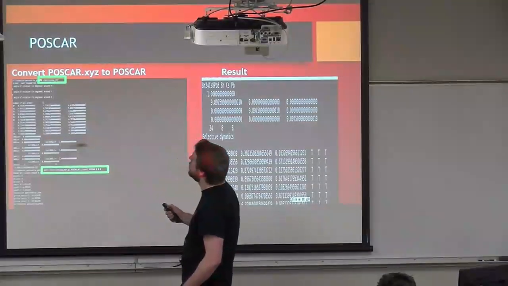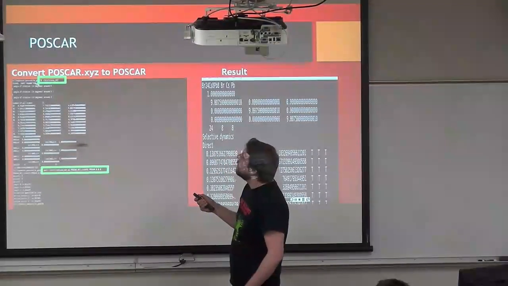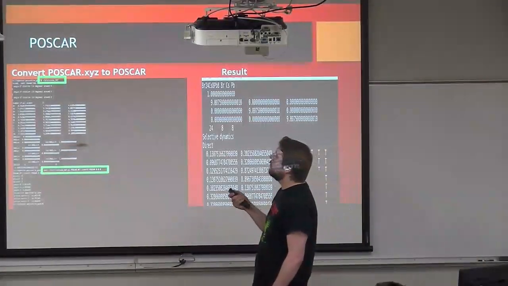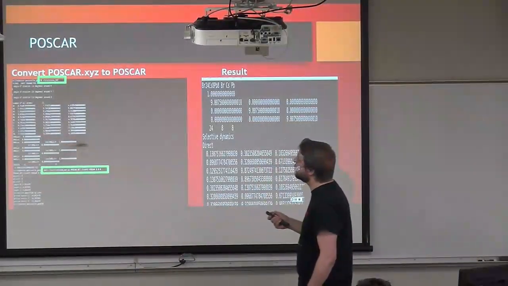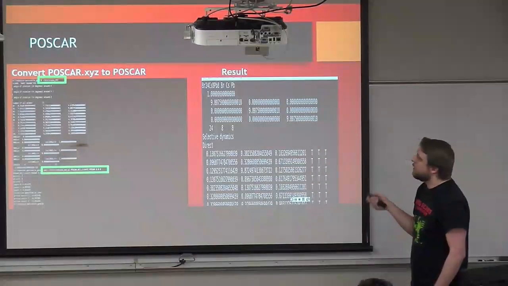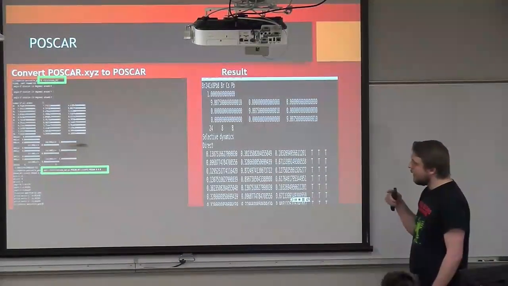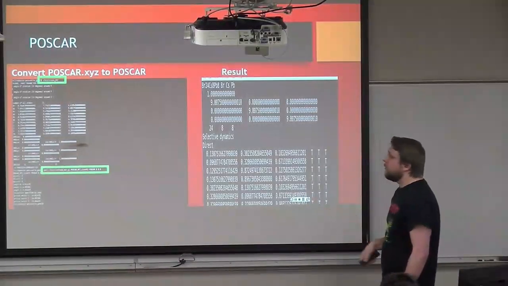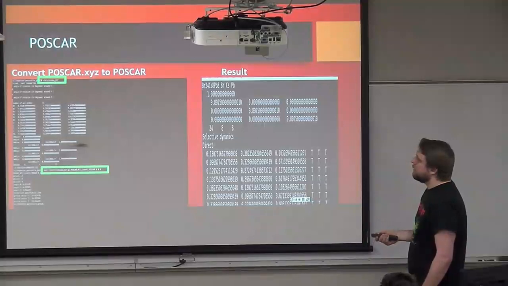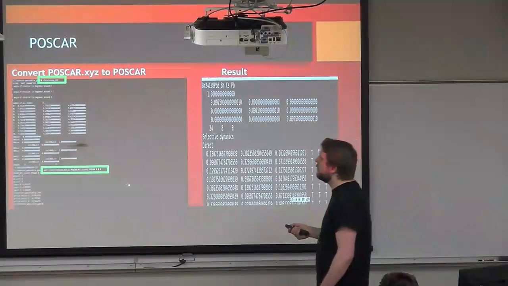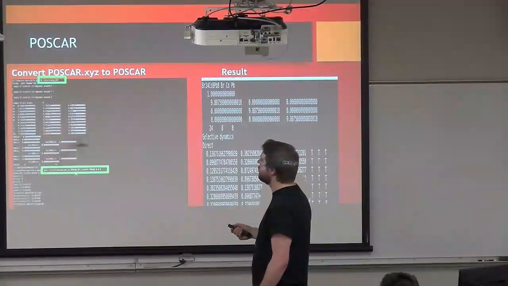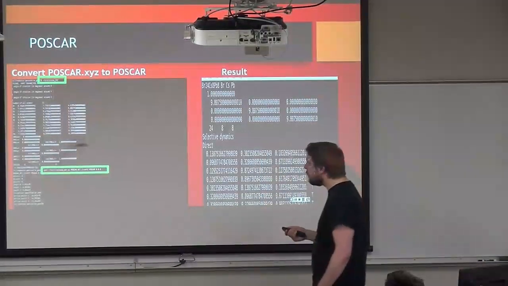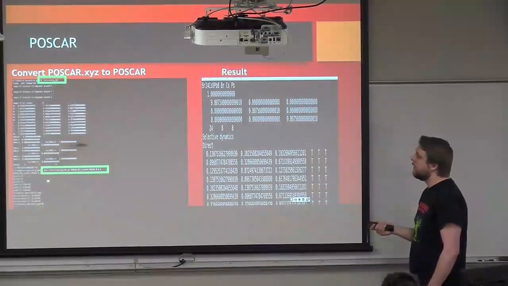It's a little hard to read, but this command up here, /bin/rotate_xyz. So there's a script, rotate_xyz, in the bin folder. What that'll do is it'll take a POSCAR.xyz file, and it'll rotate according to input that you provide. Normally you're not going to want to rotate it, so you just enter in all zeros. The reason you want to do that is because it'll output a file, POSCAR_ROT_TINC_XYZ. You're going to want that file for the next command.